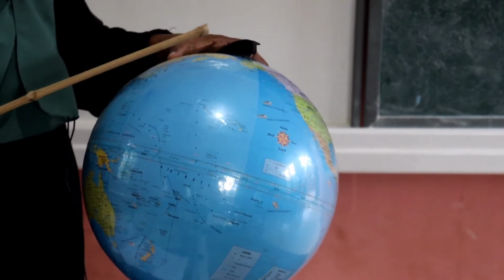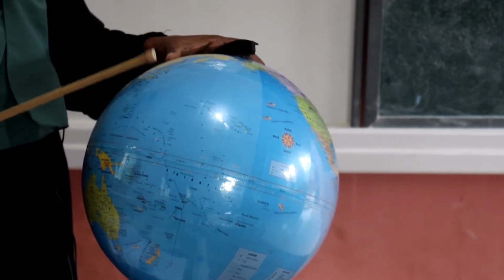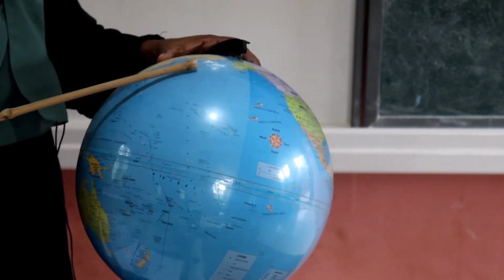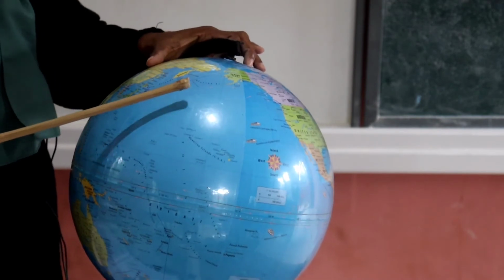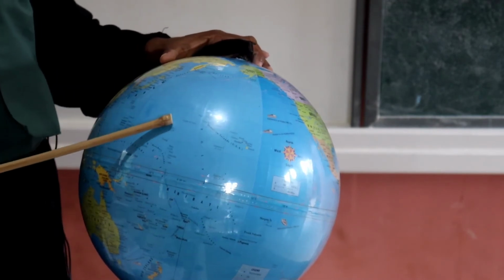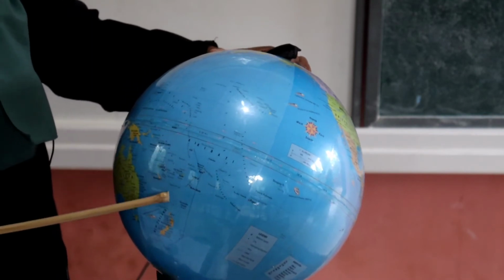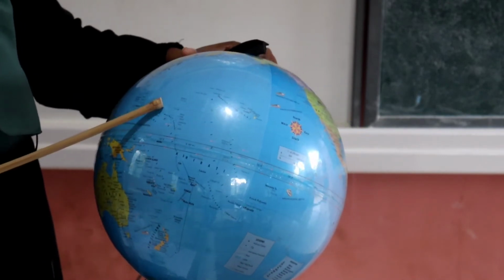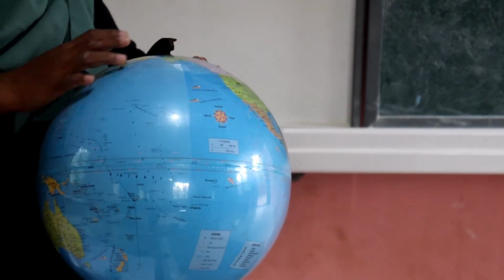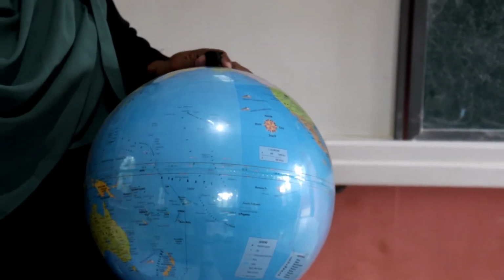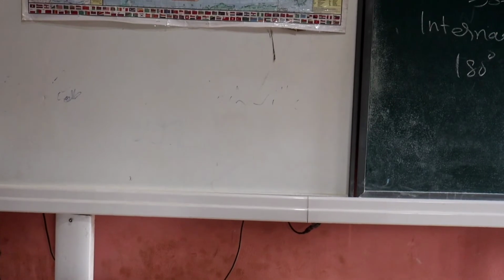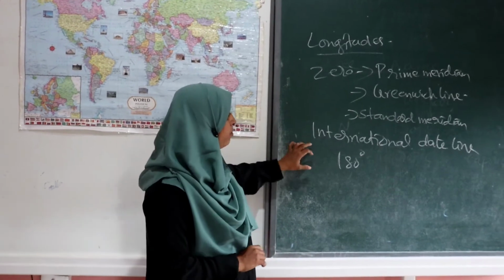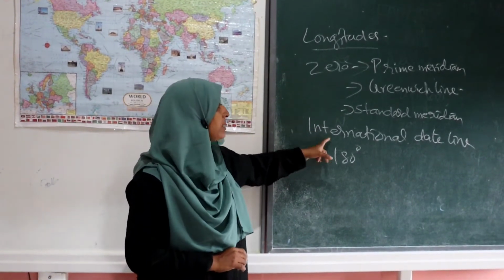Then what is the reason? What are the important features of the international date line? You will study that in your higher classes. Now you please note two important points only. The degree of this line is 180 degree and it does not touch any country. It falls through this ocean, and you can see the line here and it goes this way. So many reasons are there that you will study in your higher classes. There is no need to study that in your 6th standard. So listen here. The 0 degree longitude is known as prime meridian and the 180 degree longitude is known as international date line.